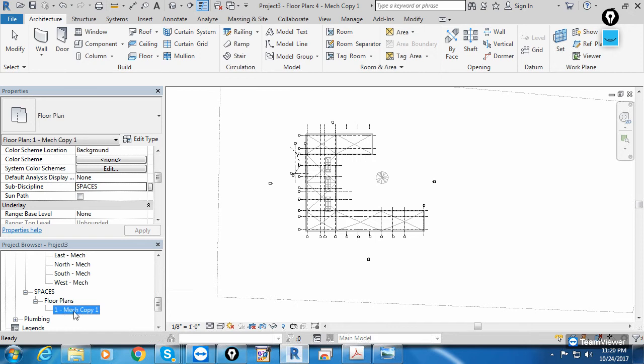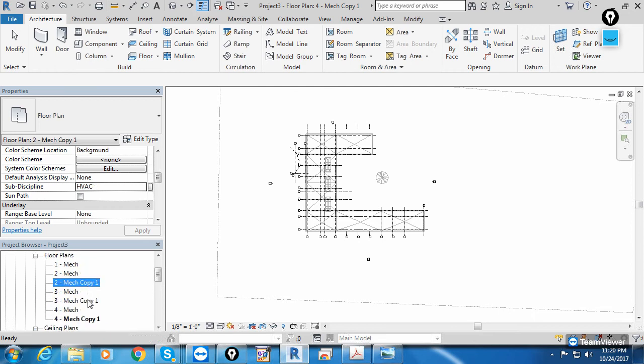And by default you'll get floor plan, because this one make is a floor plan. But now we got this new category spaces. Same way, I'll put all these copy views under this space category.